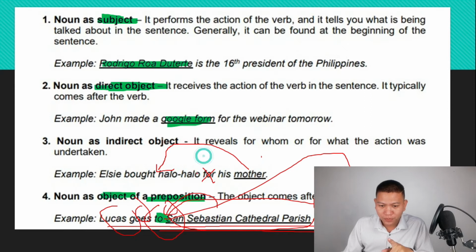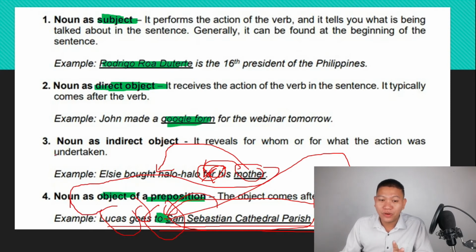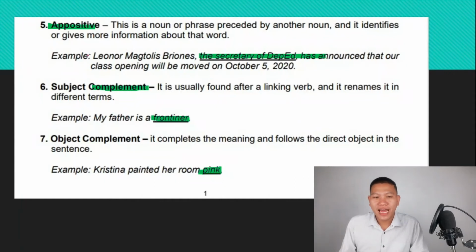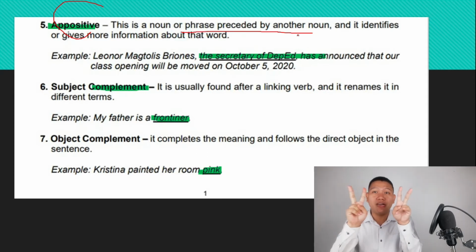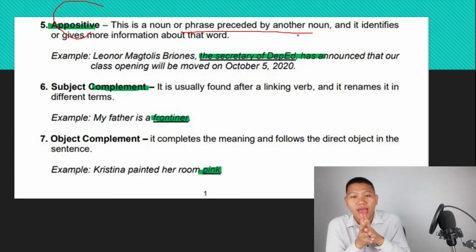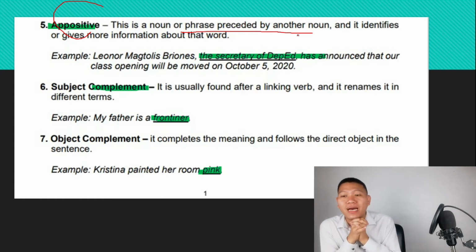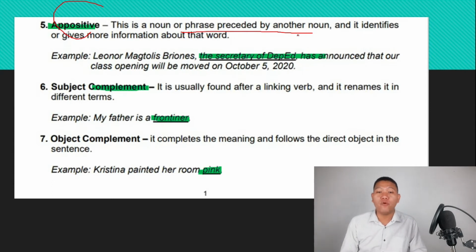Just like this one. For his mother. Mother comes after for. For is a preposition. So this one is an object of a preposition. So that is why I said number 3 example is wrong. Get it? Number 5. Noun may be used as an appositive. So an appositive is a noun or a noun phrase preceded by another noun. So there are 2 nouns coming together, and the function of an appositive is to identify or give more information